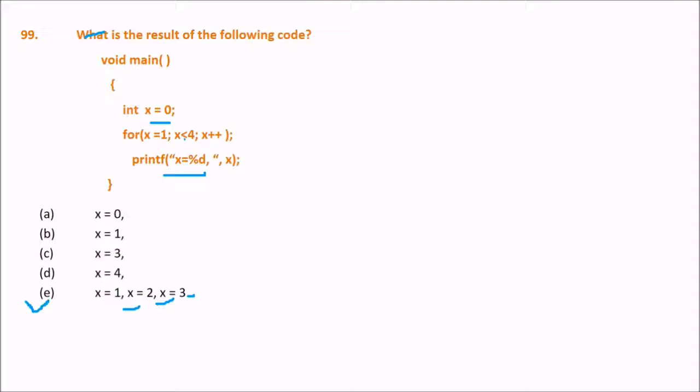Why? Now you have to watch it very carefully, because you can see a semicolon here. There is a semicolon at the end of the loop, and hence it does nothing. So when the loop is terminated, the value of X is printed. So what will be the value of X? The value of X is 4. X will become 4. 1, 2, 3, 4, and after that X will be printed, so it will be 4.